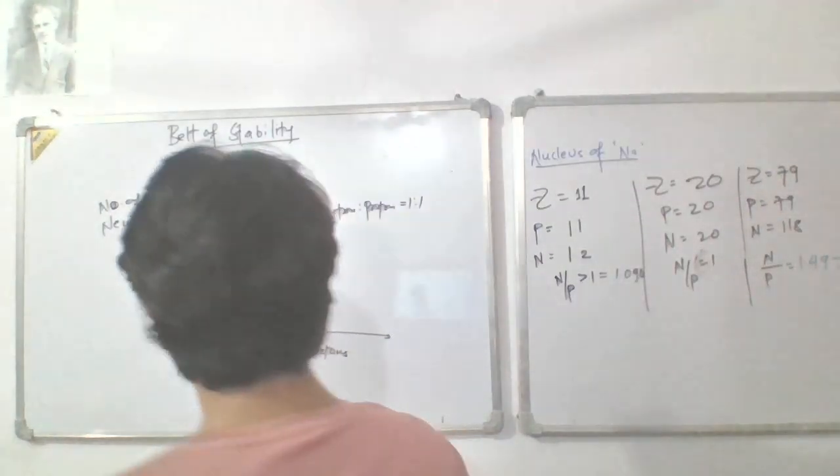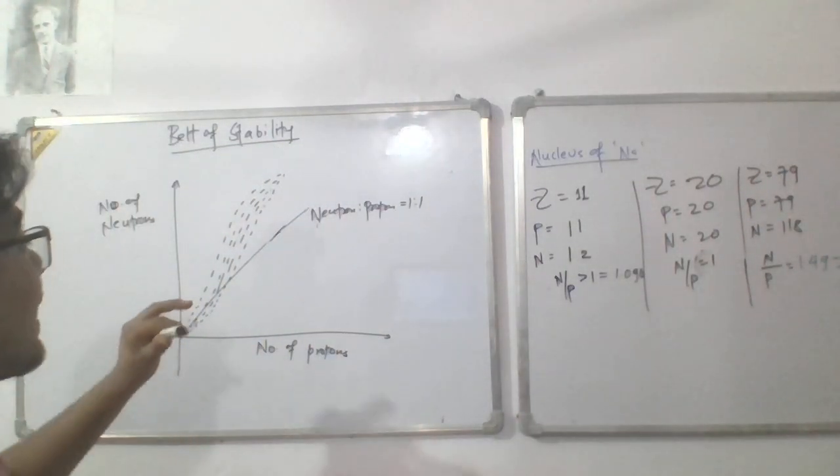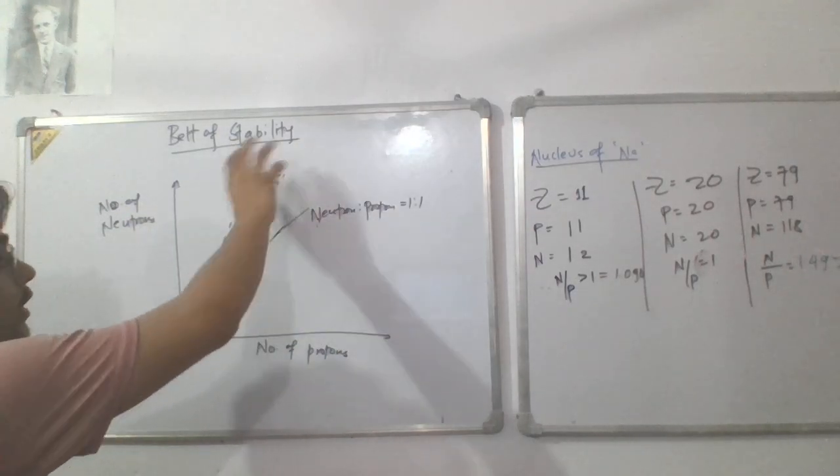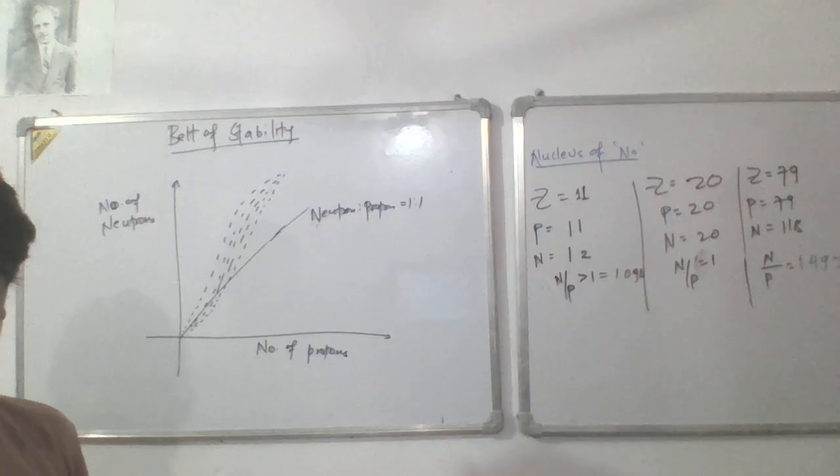And the elements, or the nuclei, that are shown in this dotted line are actually radioactive in